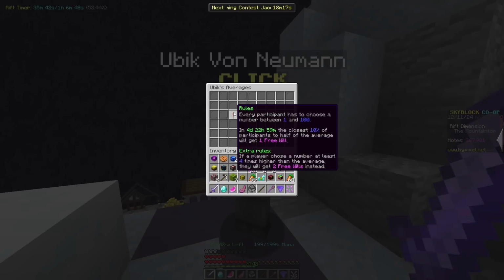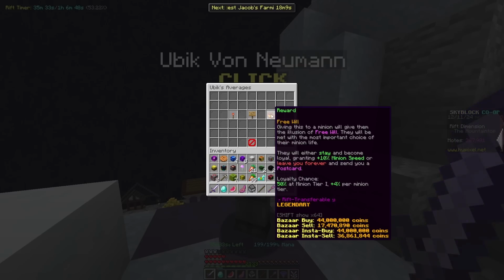But if the average were like 18 or something, then if you're picking a number that's very high, you will definitely earn 2 free wills. Free will is this item right here. You can give this to a minion, and it will give them the illusion of free will. They will be met with the most important choice of their minion life. They will either stay and become loyal, granting 10% minion speed forever, or